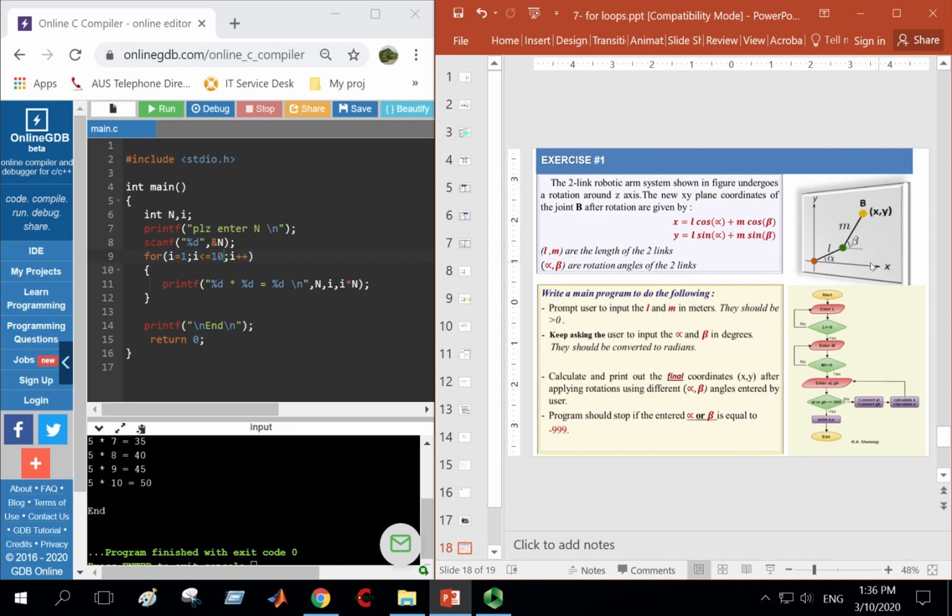This is the XY plane and this is the Z-axis. The new XY plane coordinates of the joint B, this point: X equal L cosine alpha plus M cosine beta, Y equal L sine alpha plus M sine beta. That means the L value and the M value should be entered by the user. The alpha and beta should be entered by the user. So give me the L and M, give me the alpha and beta,